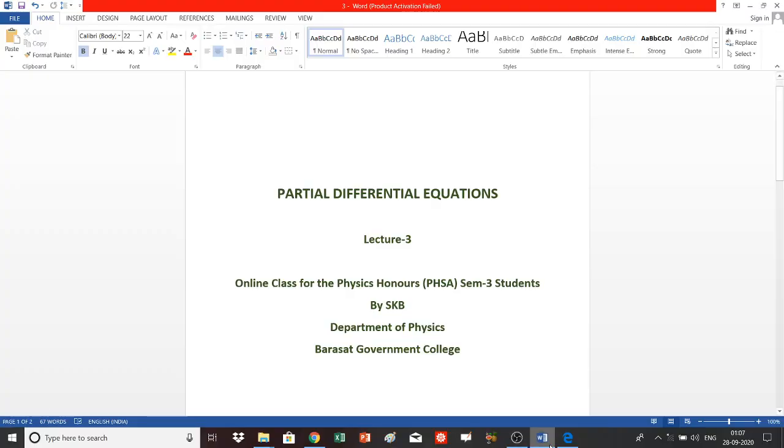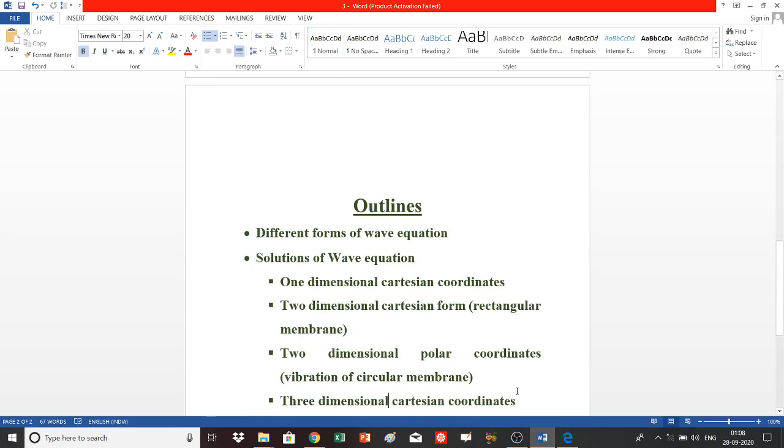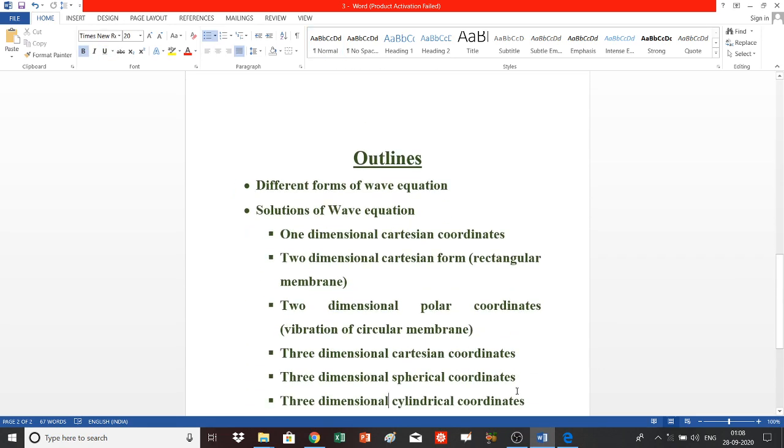Dear student, this is our third class, third lecture for the chapter partial differential equation. And in this lecture, we will be learning about the following topics. Number one is different forms of wave equation, then solution of wave equations, first in one-dimensional Cartesian coordinates, and then